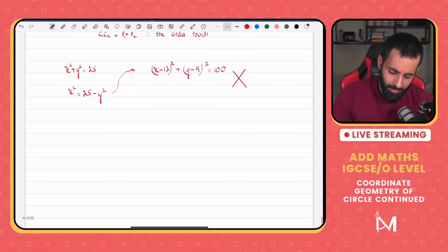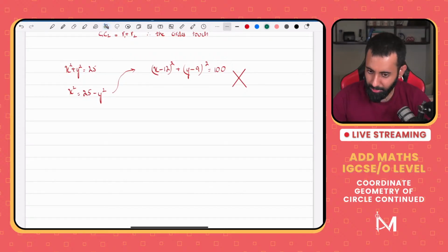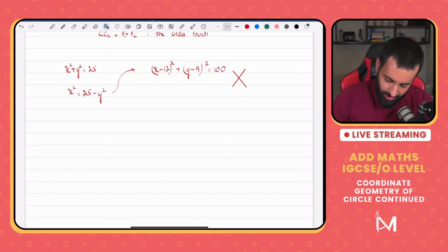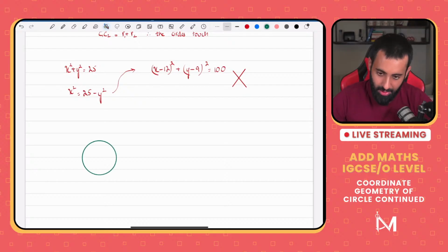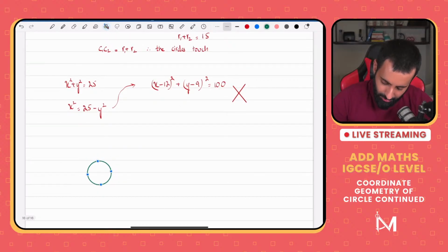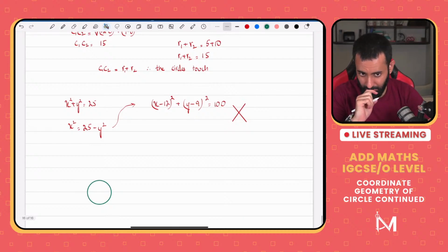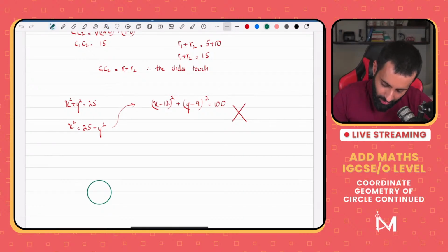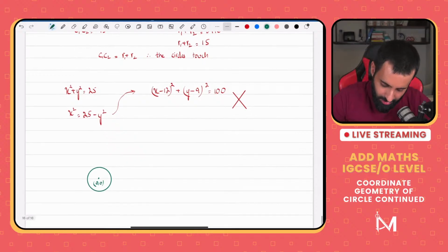Now, remember, whenever you're solving equations of circles or anything to do with coordinate geometry, here's my suggestion. A good idea is always to make a rough sketch. Making a rough sketch is something that will definitely save you. If you can't figure out what needs to be done, let's make a rough sketch. So here's one circle. This is the circle which has center 0, 0, and the radius of this circle is 5 units.